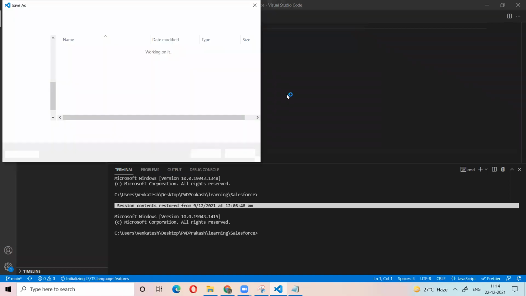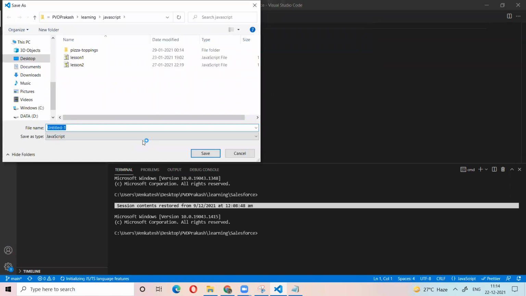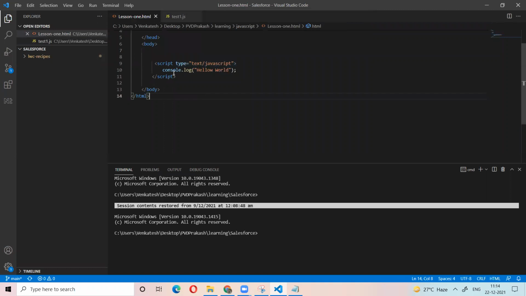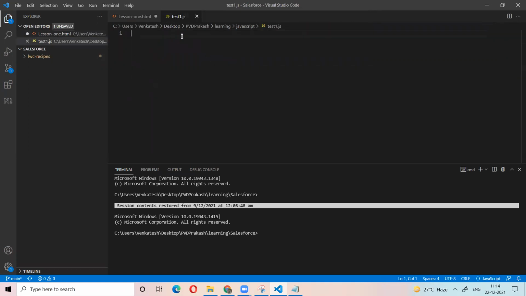I save this one as test1.js. So I created a file with the name test1. What I wrote as console.log, I remove here and put there.